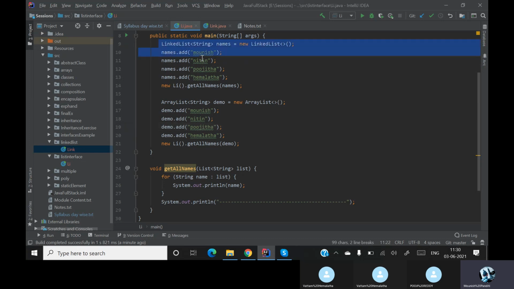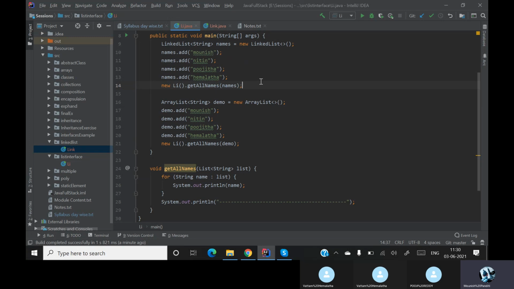Linked list is basically slow, but it will not take any memory. So when we are taking a lot of memory, the array list is fast. So at that time we'll be using an array list. But here, when you are using a linked list, the process is slow, but it will not take a lot of memory.